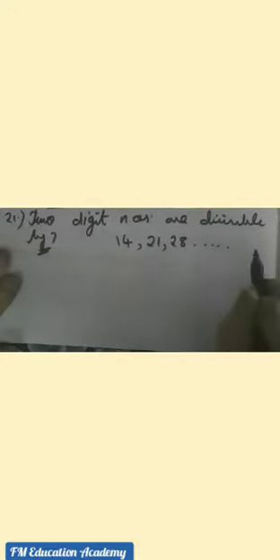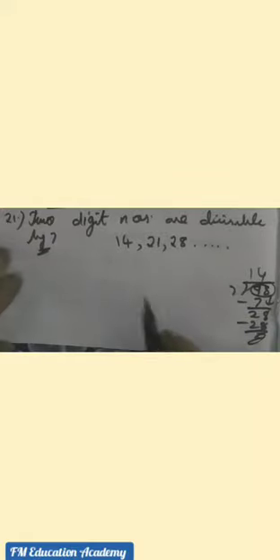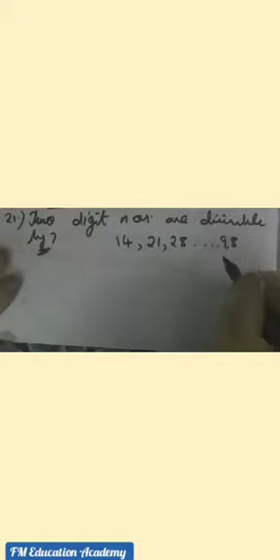Similarly, if you observe here, 100 is not divisible by 7, and it is a 3-digit number. Before 100, we have 99. 99 will also not go in the 7 table, but 98 will. See, 7 fours are 28, that is 14 sevens are 98. So 98 will go in the 7 table, and it is also a 2-digit number. So the last term here is 98.